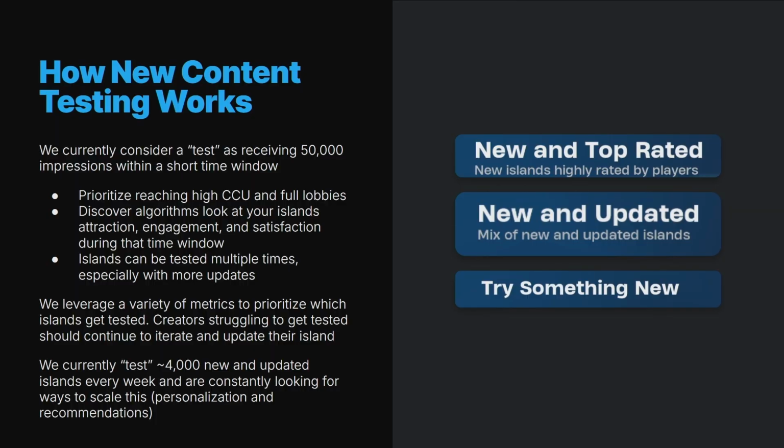And as we spoke about at GDC, when we think about prioritizing what islands get testing, we're looking at the content within your map, the devices within your map, the verse code you've written, and the game you've created in terms of how our editor sees it. Again, that's an art and not a science. It's something we're trying to get more and more sharp on. I'm going to pass it over to Joey now, who's going to talk about some of the new features coming.